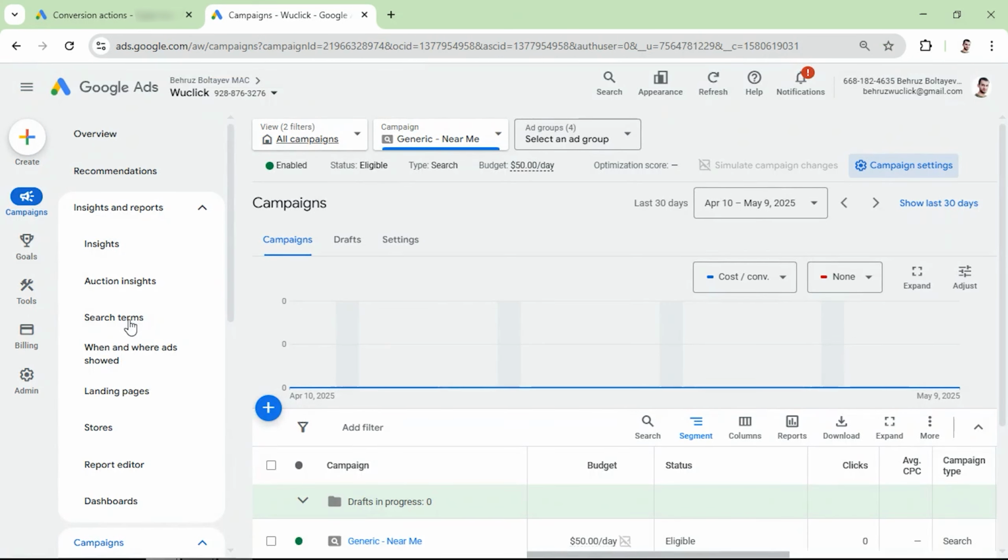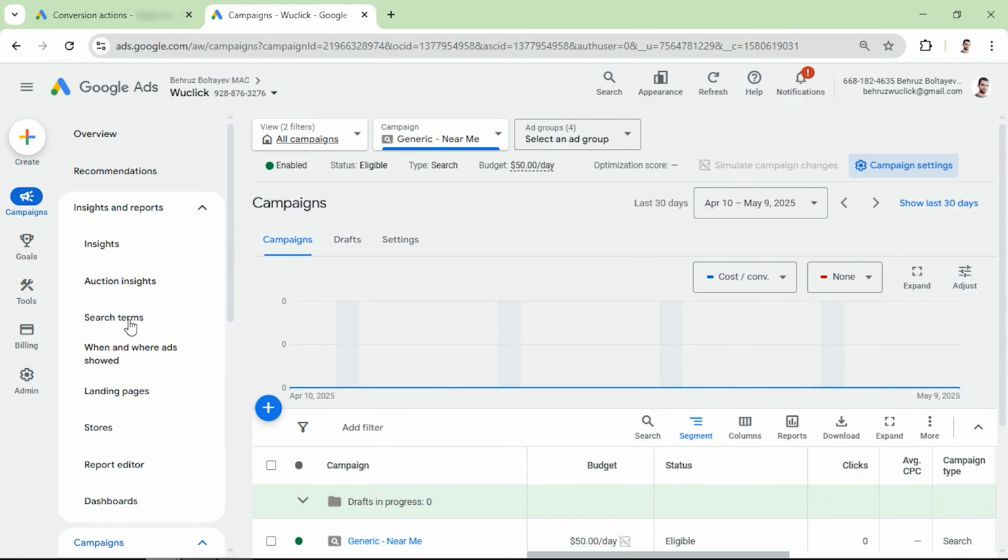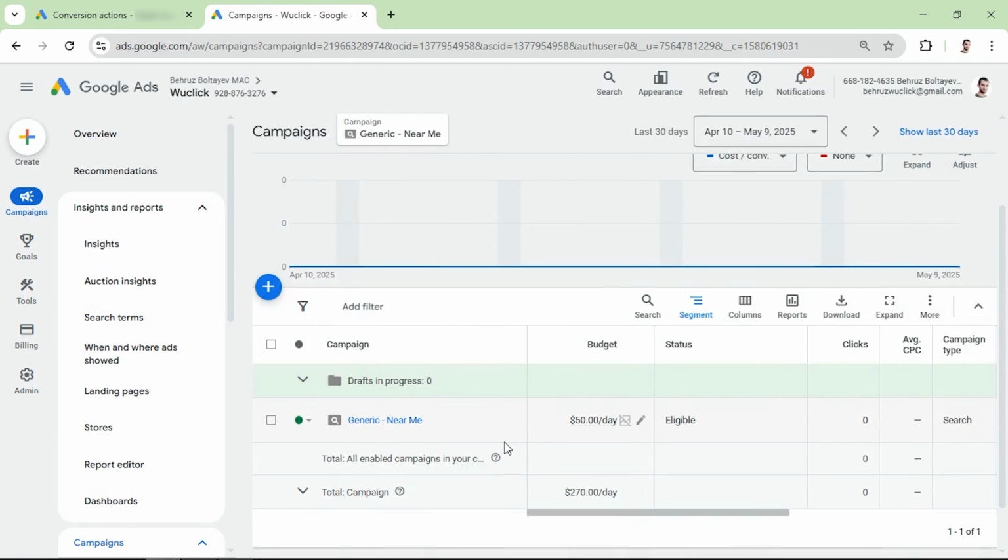And the last thing in our list, you can exclude irrelevant zip codes or cities, because you may receive some phone calls from people outside of your target location. This can happen for some accounts as well. In that case, you need to see your location and exclude other nearby locations from where you're receiving irrelevant phone calls. So you can go to the settings section